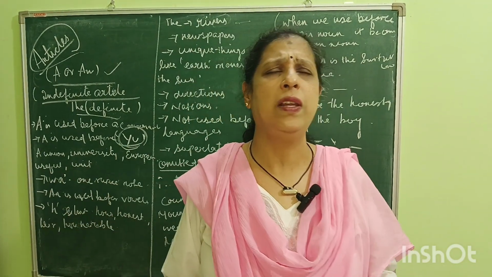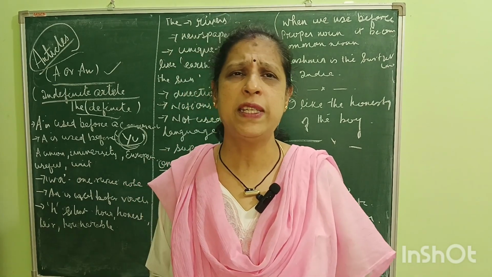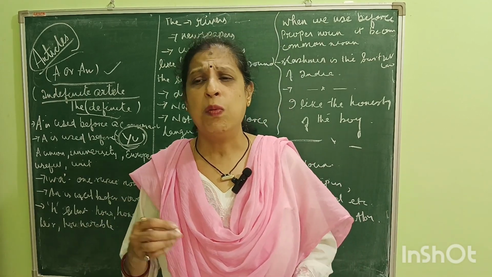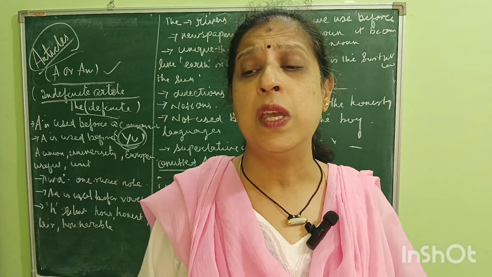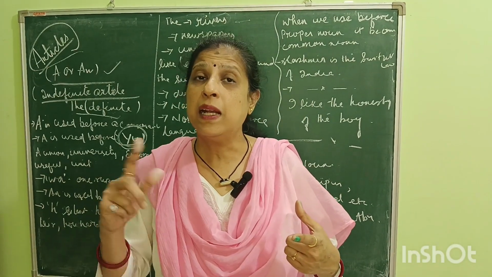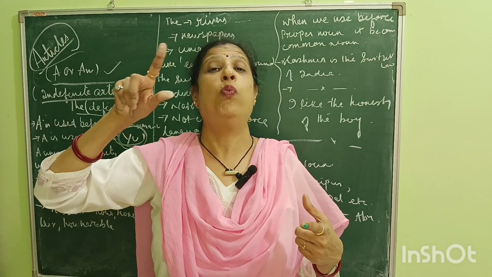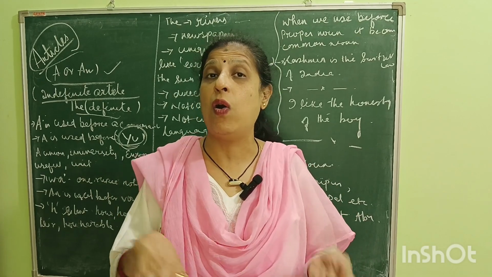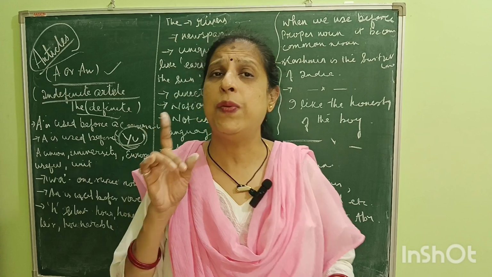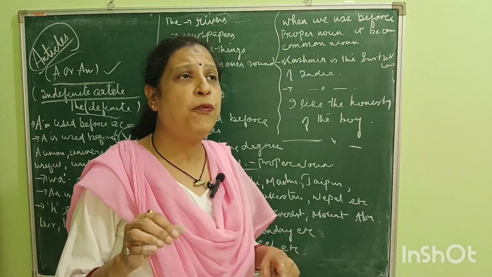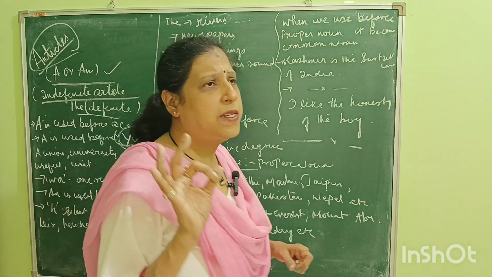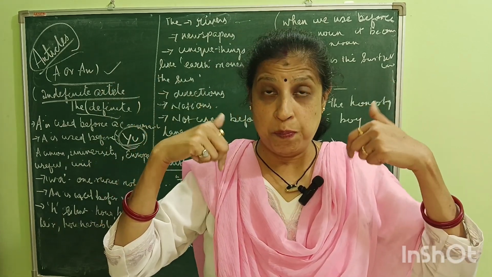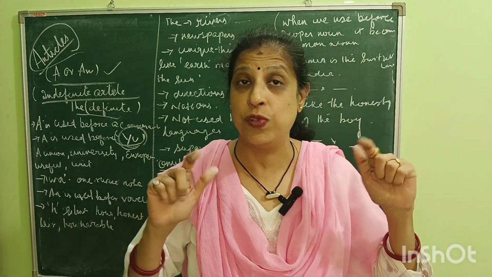Children, I have realized that most of the time the children get confused about where to use a, because u is a vowel, so they get confused whether to use a or an. You must remember that before using the article, it is very necessary to concentrate on the sounds,